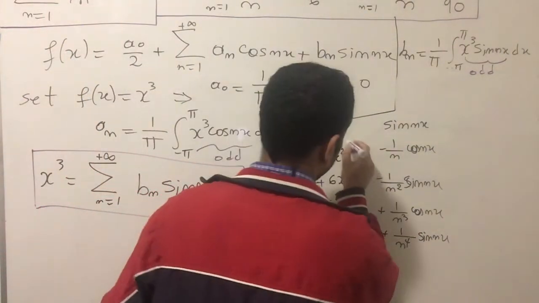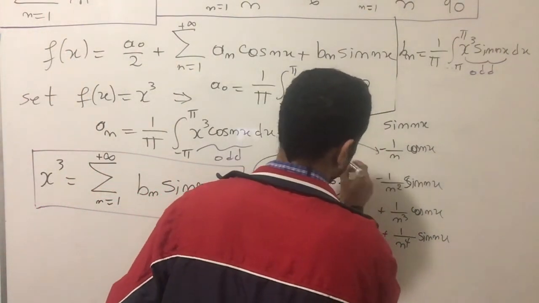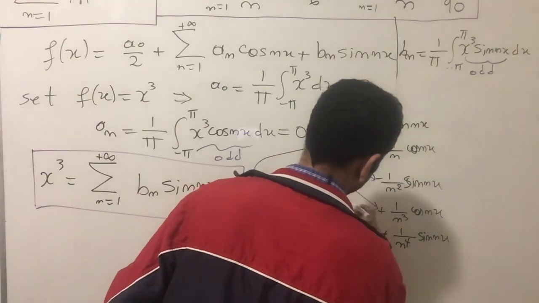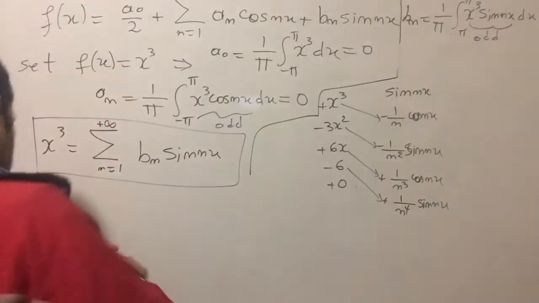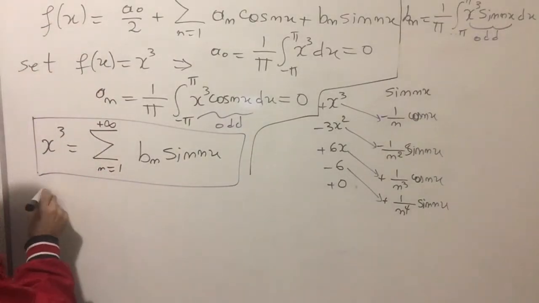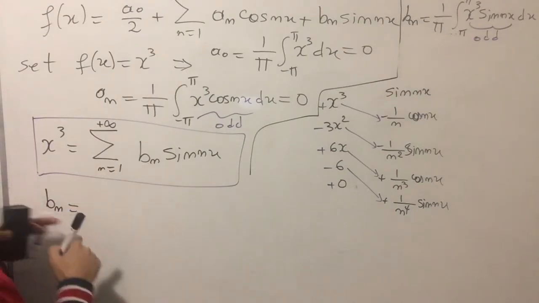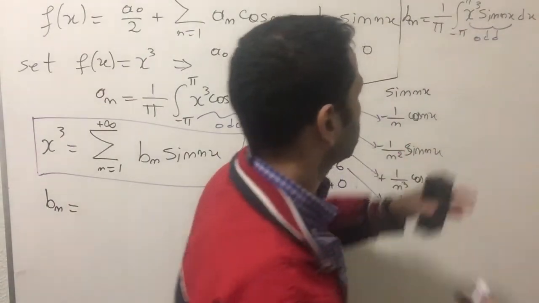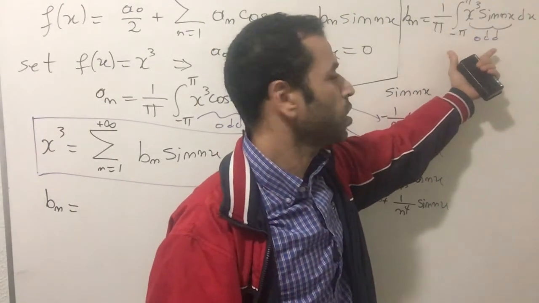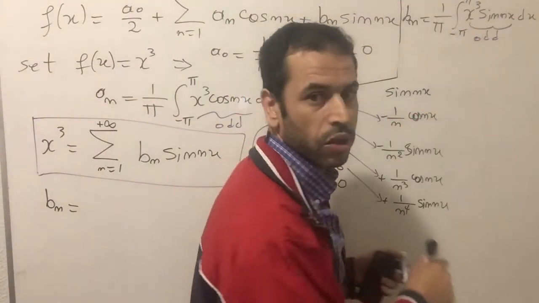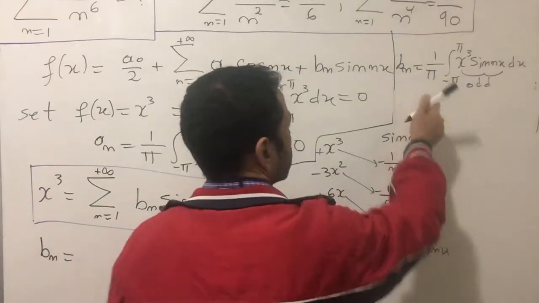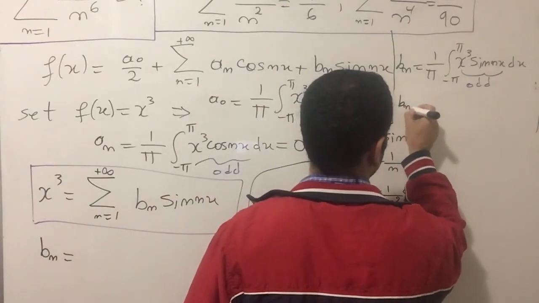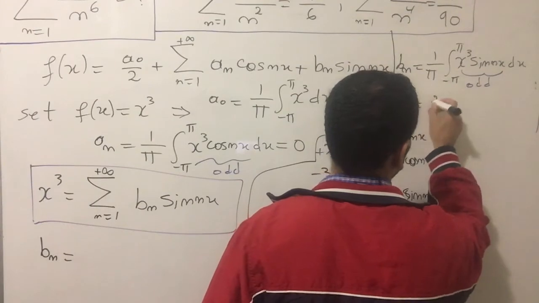Now I'm going to multiply this one by this one, this one by this one, this one by this one, this one by this one. Okay, so I'm going to calculate b sub n. If you take a look at here, this is the even function. I can rewrite it in this form as well. Since this one is an even function, that means b sub n equals 2 over pi